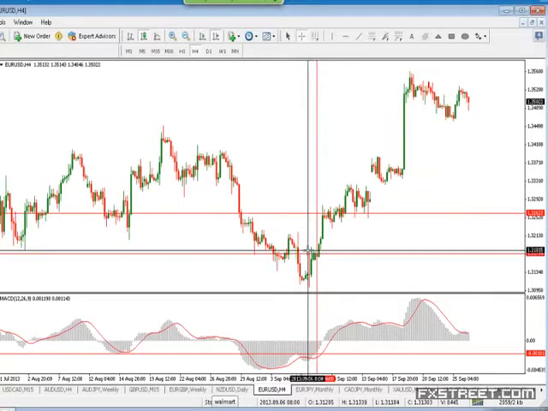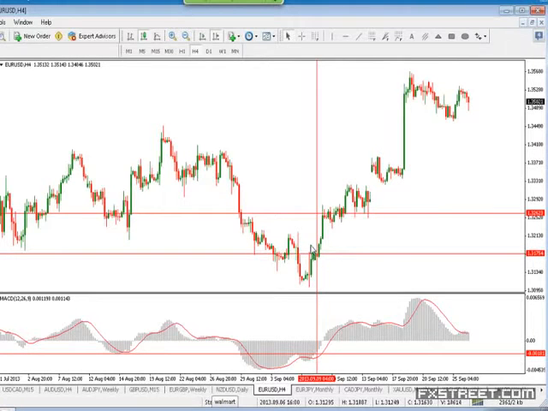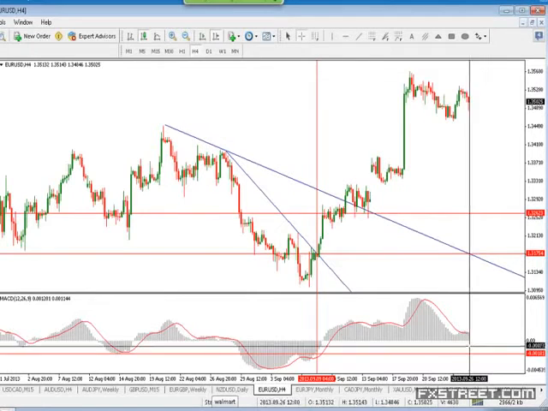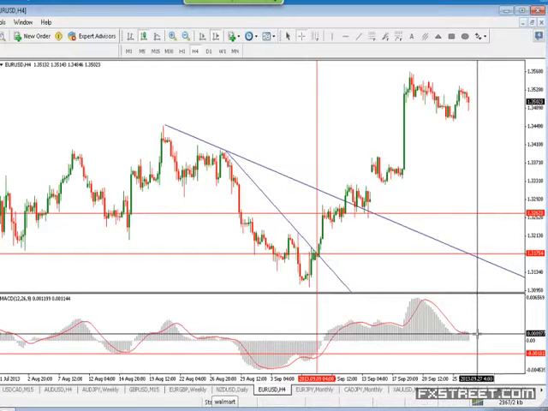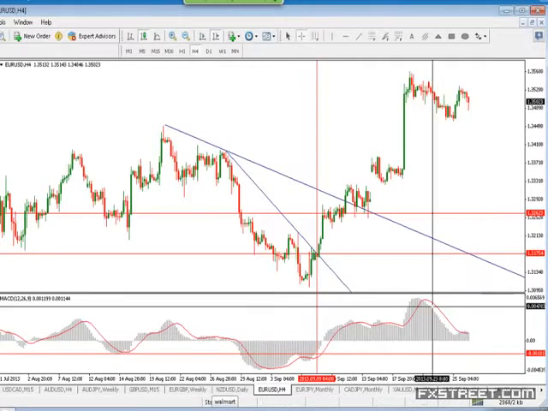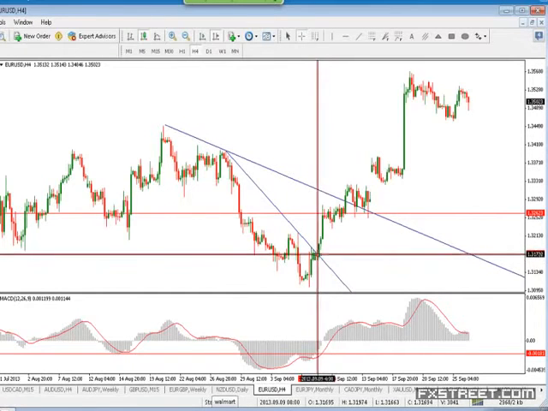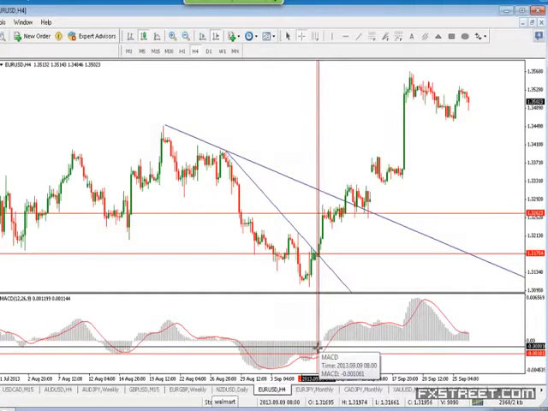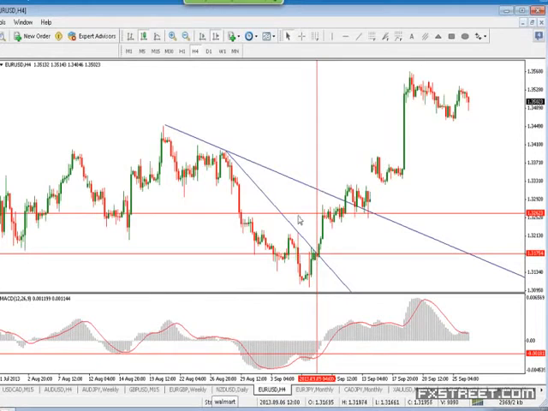Now, once again, this is where we had taken the entry. I would always confirm the entry with a break of a support resistance, maybe a break of a trend line. Let's say I would plot my trend lines from here, starting from the highs. This is also one topic that we had covered earlier, how to plot trend lines correctly. This would be the most valid trend line. Once again, if you're not familiar with it, you can go over the previous sessions. So the break of the trend line confluences with the histogram bar entry that we are looking at, and it gives me a strong confirmation.